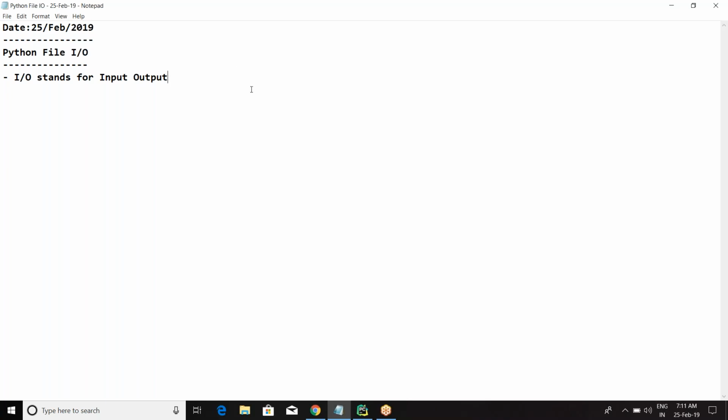So where can we store data permanently? In the hard disk, either in the form of files or database tables. So this IO is mainly for file purposes. Okay. So Python file IO is used for the following,